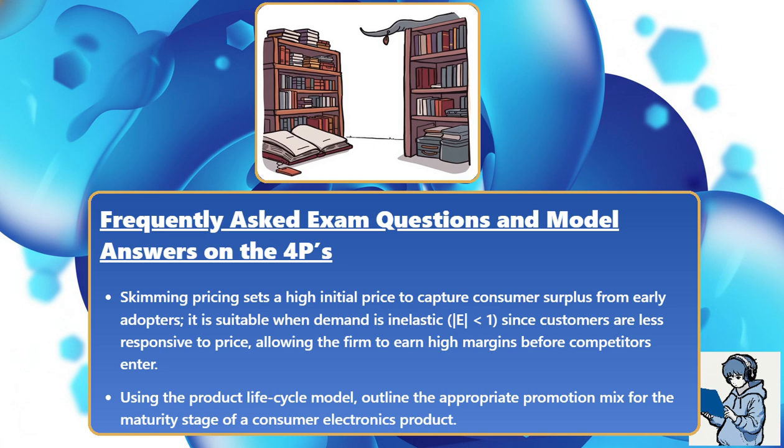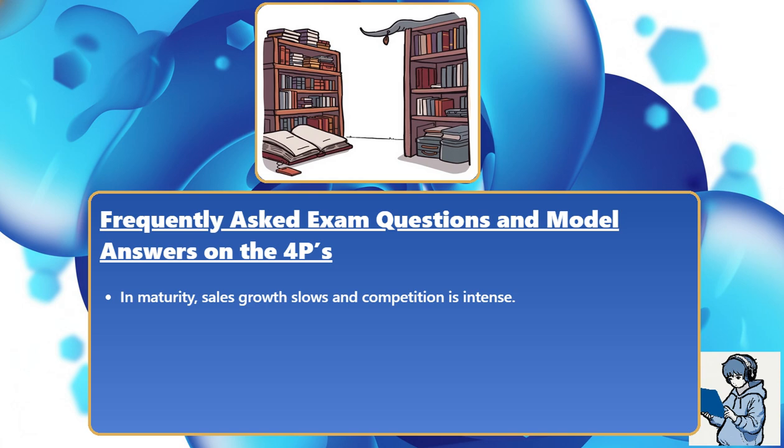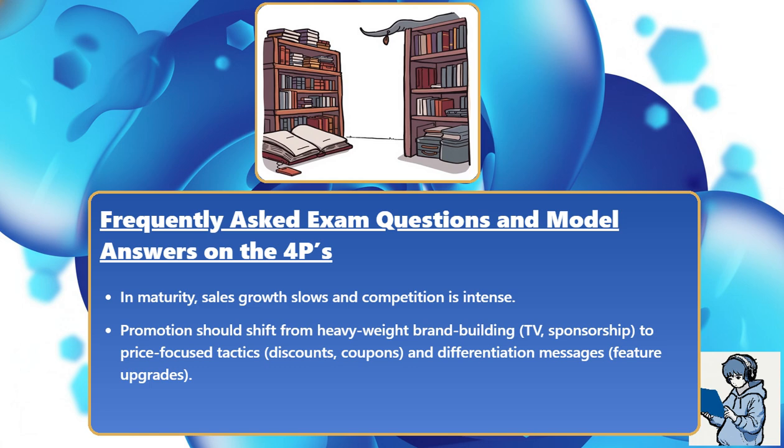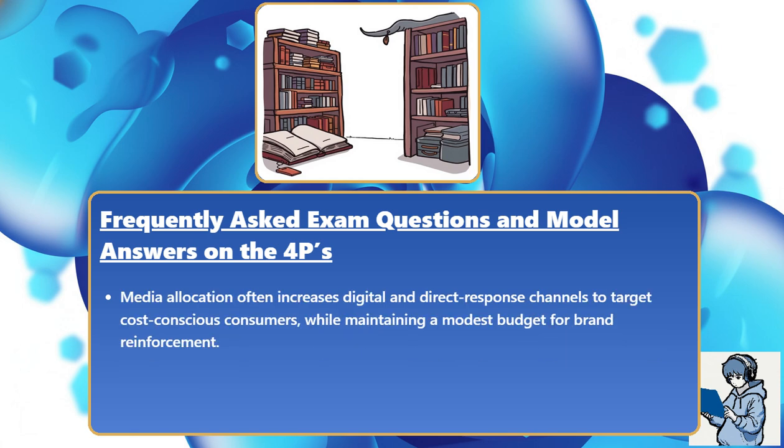Using the product life cycle model, outline the appropriate promotion mix for the maturity stage of a consumer electronics product. In maturity, sales growth slows and competition is intense. Promotion should shift from heavyweight brand building (television, sponsorship) to price-focused tactics (discounts, coupons) and differentiation messages (feature upgrades). Media allocation often increases digital and direct response channels to target cost-conscious consumers, while maintaining a modest budget for brand